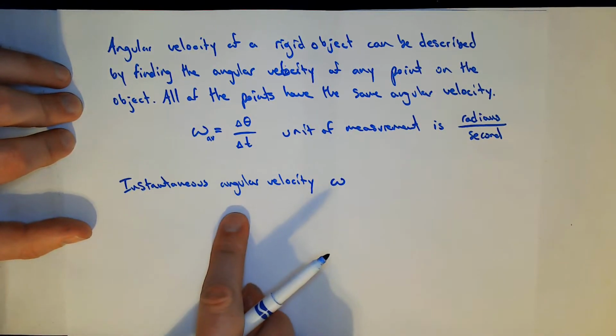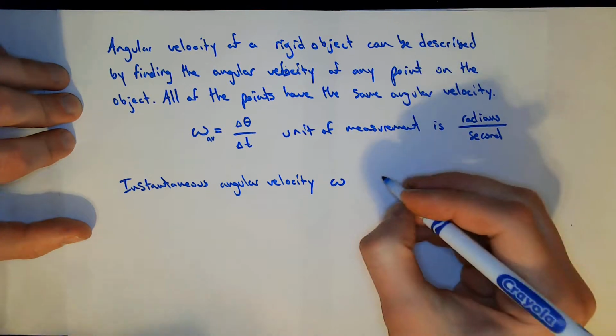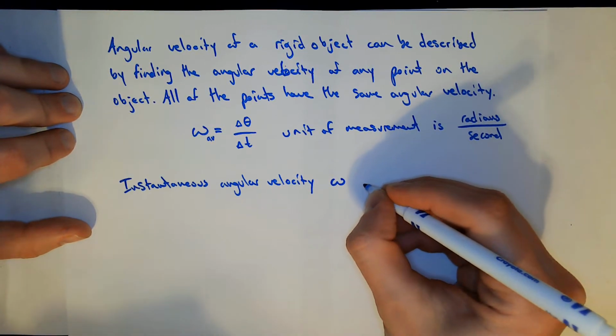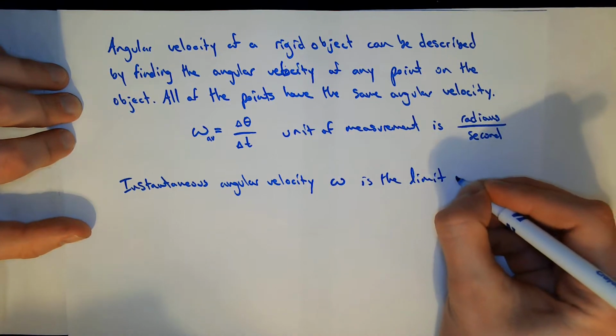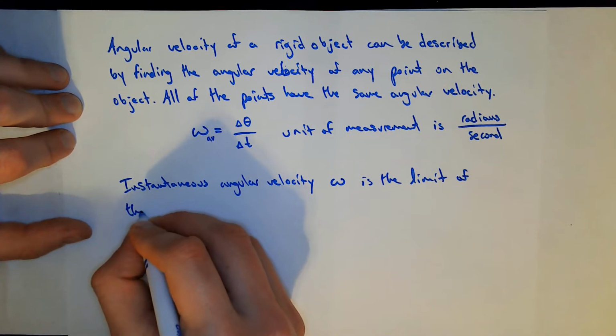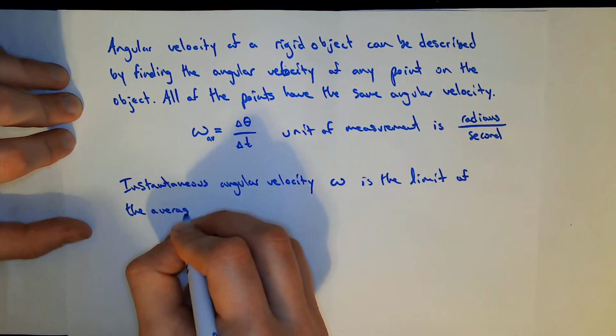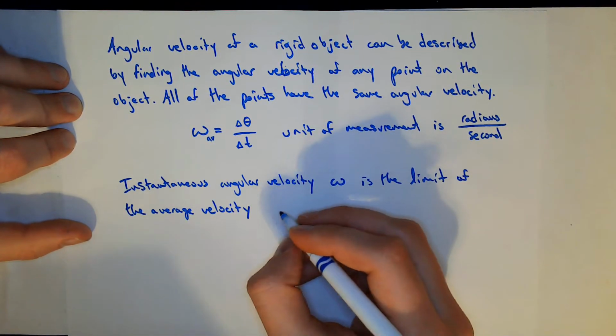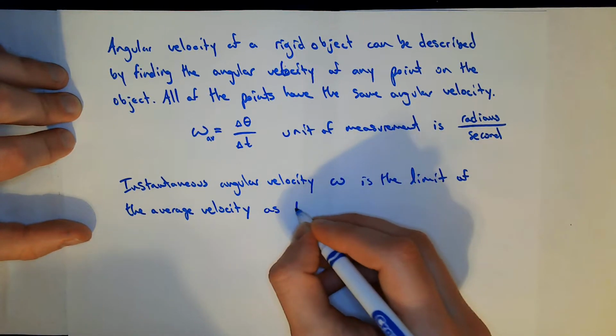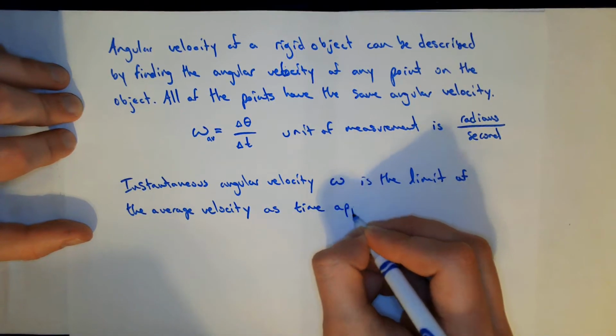So instantaneous angular velocity, omega, is the limit of the average velocity as time approaches